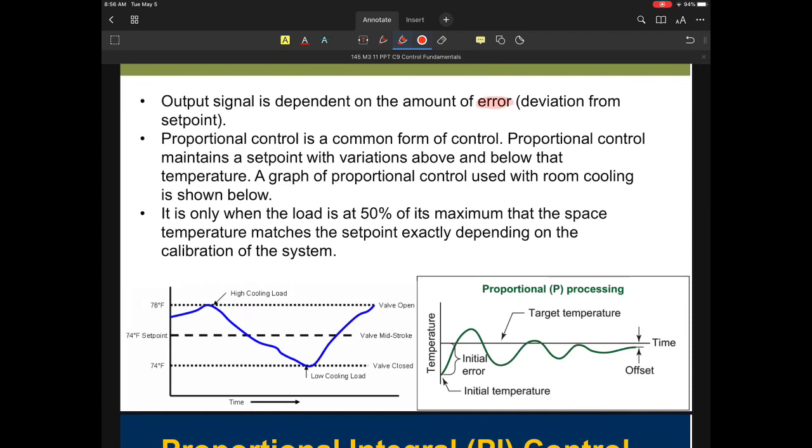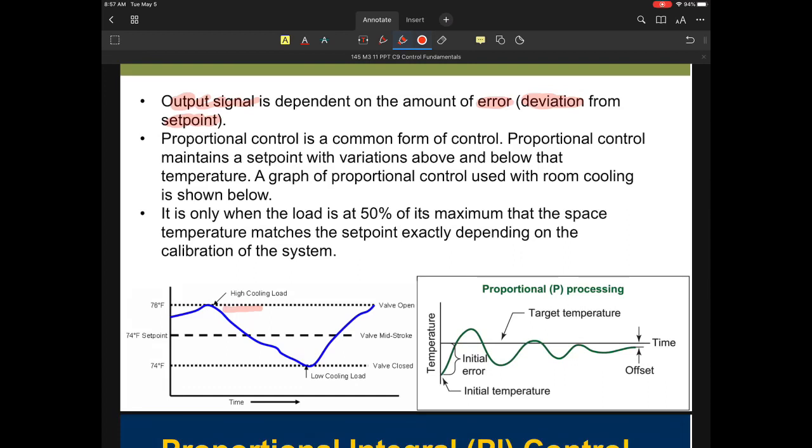So a little bit more on this proportional band, proportional controller. The output signal, as I had mentioned, is dependent upon the amount of error. So the amount of error away from set point, the deviation from set point, dictates the output. In this example, it's a very common type of control system, where there are times, depending on the load and depending on the size of the valve or the capacity of the system,